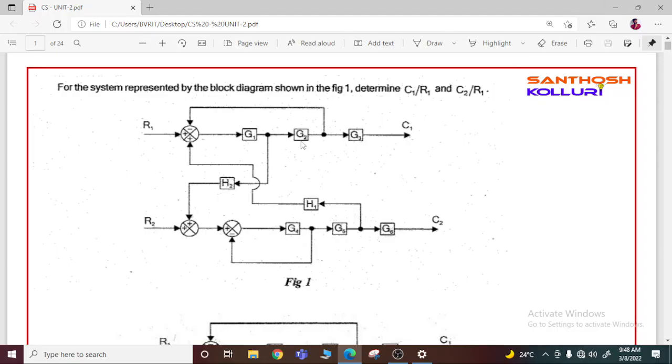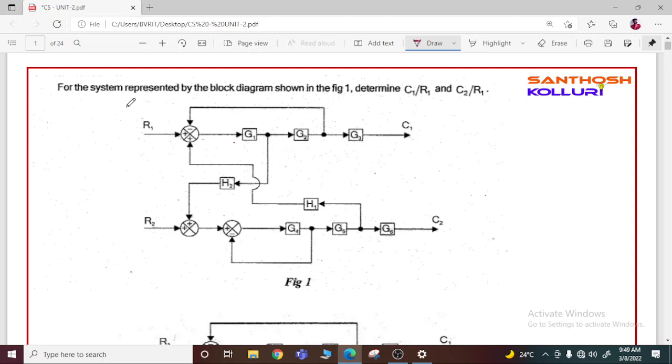So in the previous class we have discussed regarding block diagram reduction techniques. This is one of the important questions which will be asked in the examination. In many question papers, this question has been asked. So here this is a question